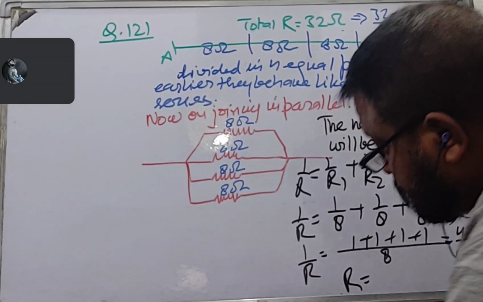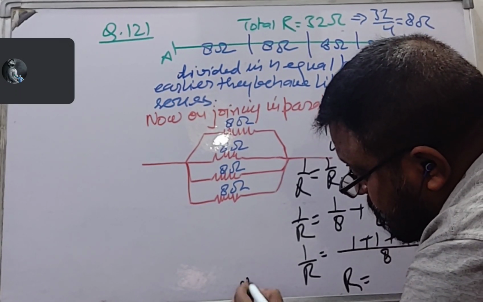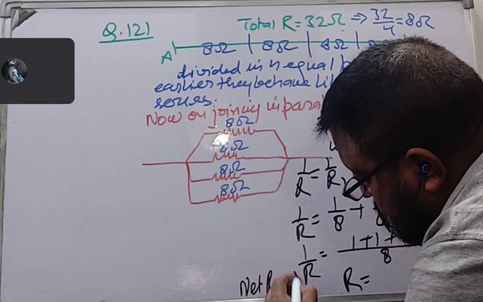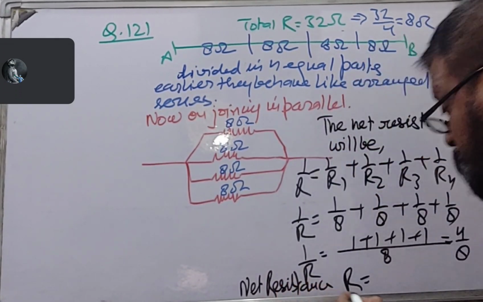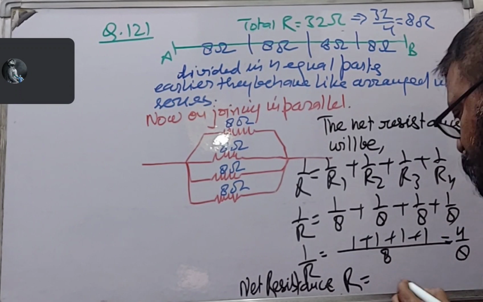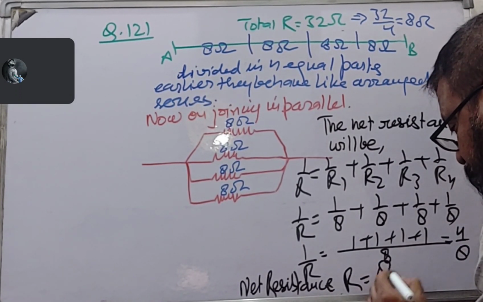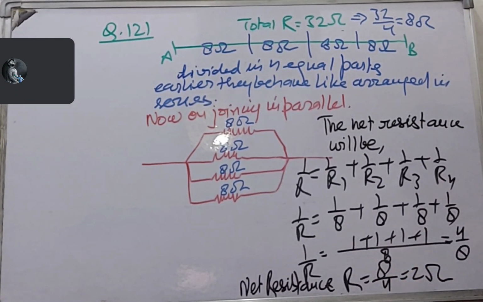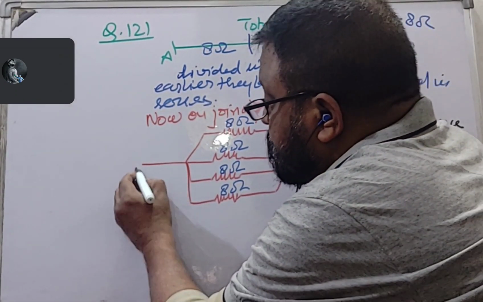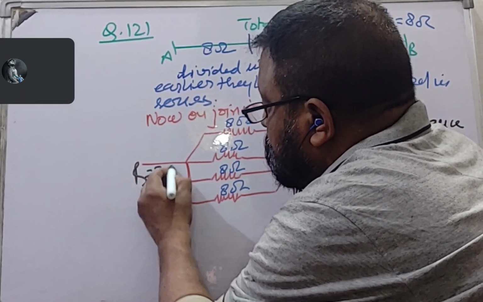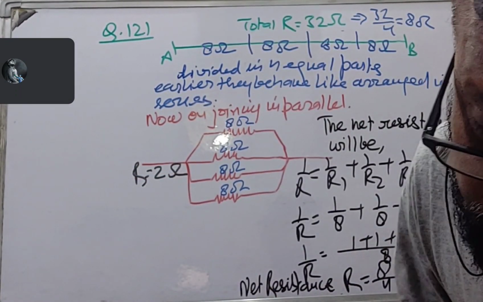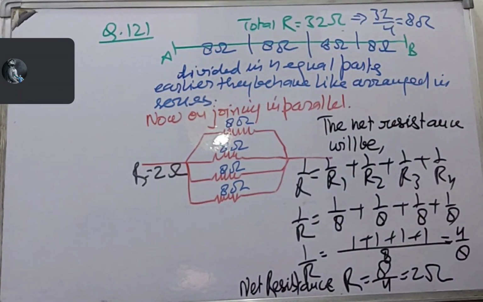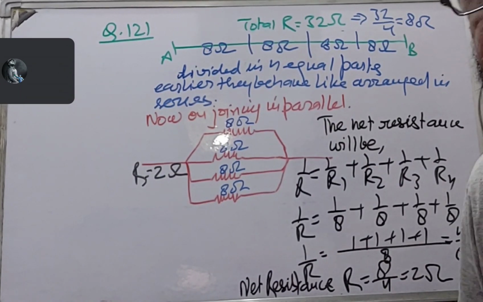So net resistance R is equal to 8 upon 4, which becomes 2 ohm. Ready? So net resistance R is equal to 2 ohm. Right? Okay. So now we come to the next question, that is